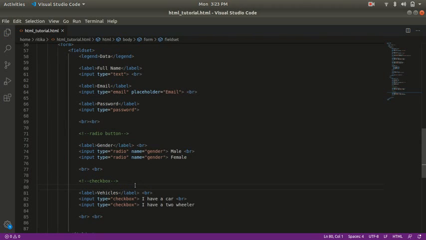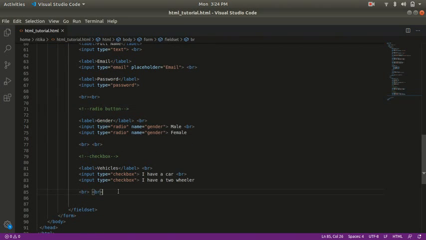I have commented here. This is what I was trying to mention in my earlier video when I was talking about comments. So here I have commented radio button, so a person can understand that this is a radio button and this is a checkbox. But this will never be shown in a browser because it's a comment. But the user, the coder, can understand this. Okay, so you got my point now.